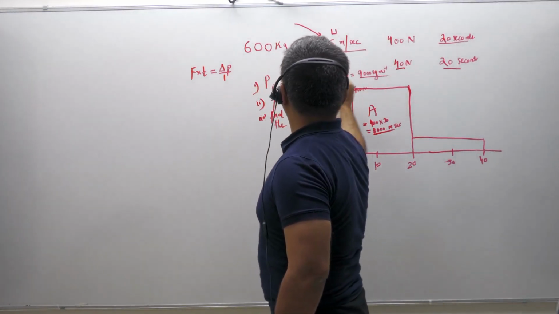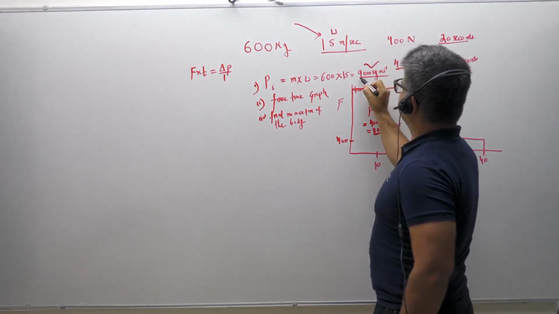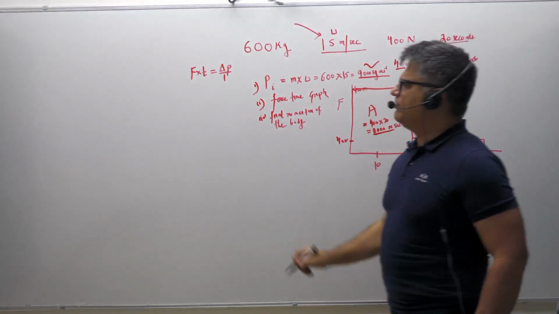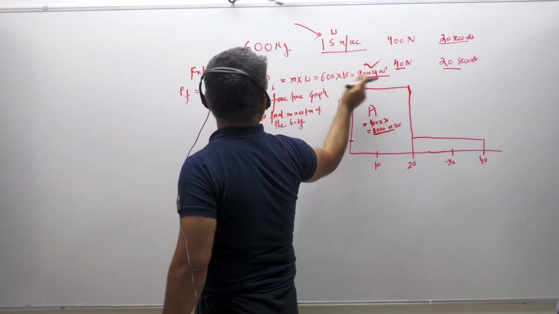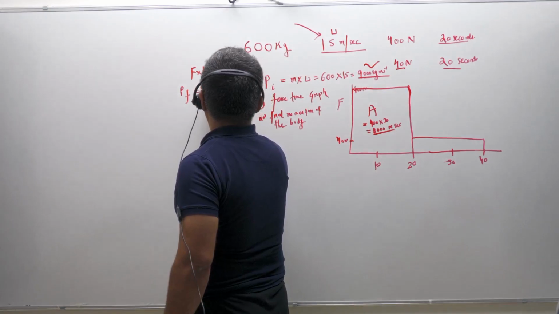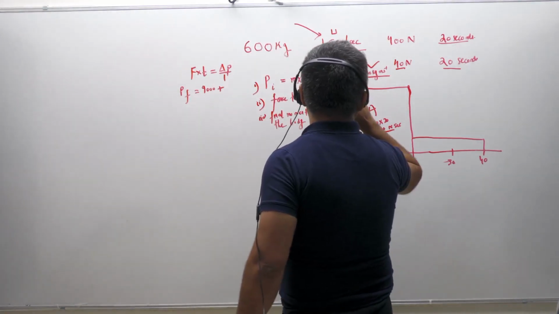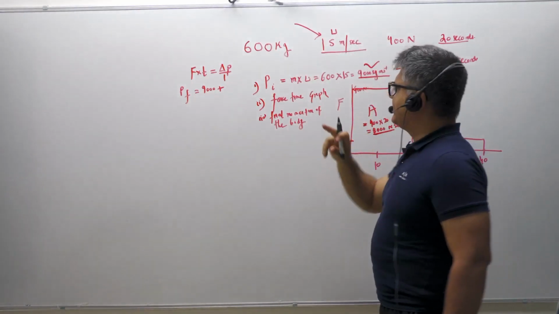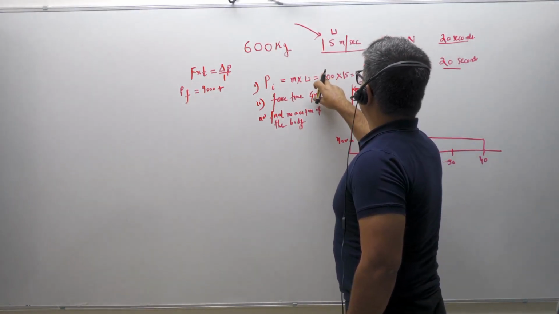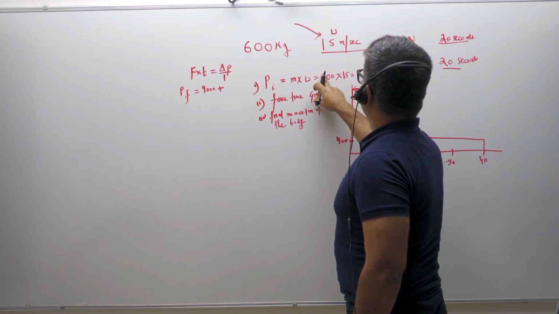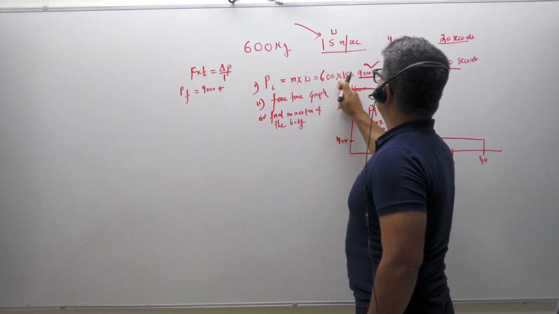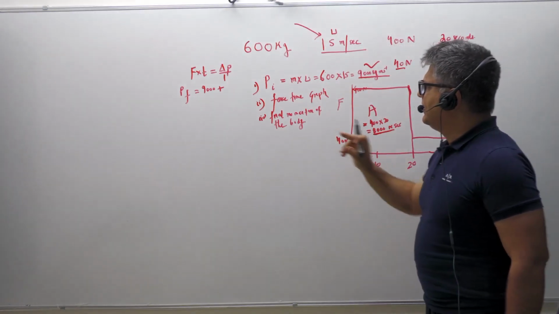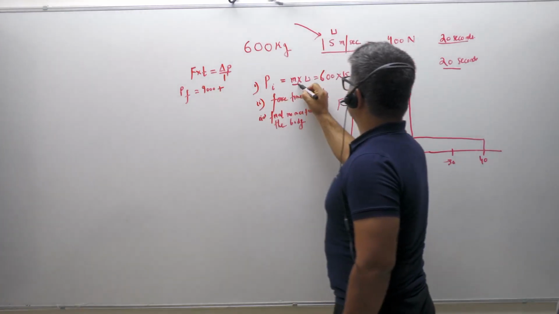What was the initial momentum? The initial momentum was this much, 9,000 kilogram. What is the final momentum then? The final momentum is equal to the initial momentum, which is about 9,000 plus... all right. So I think there is an error which I have done. This should be 400, right? So this mass, no, this is okay. So this is mass into velocity, fair enough. 600 into 15. I think I've done it correctly. 9,000 is mass into u, right?